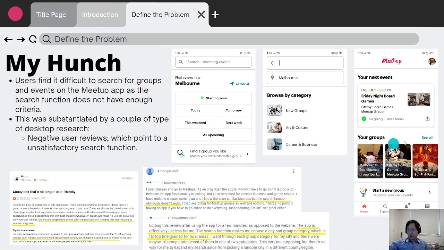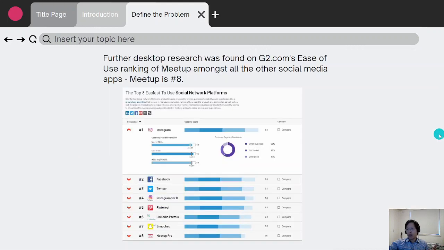the search function. Additionally, I've also found this chart from g2.com being an ease of use chart for the social networking platforms, and Meetup is all the way down the bottom there at number 8, which indicates there is some sort of problem. So the first step